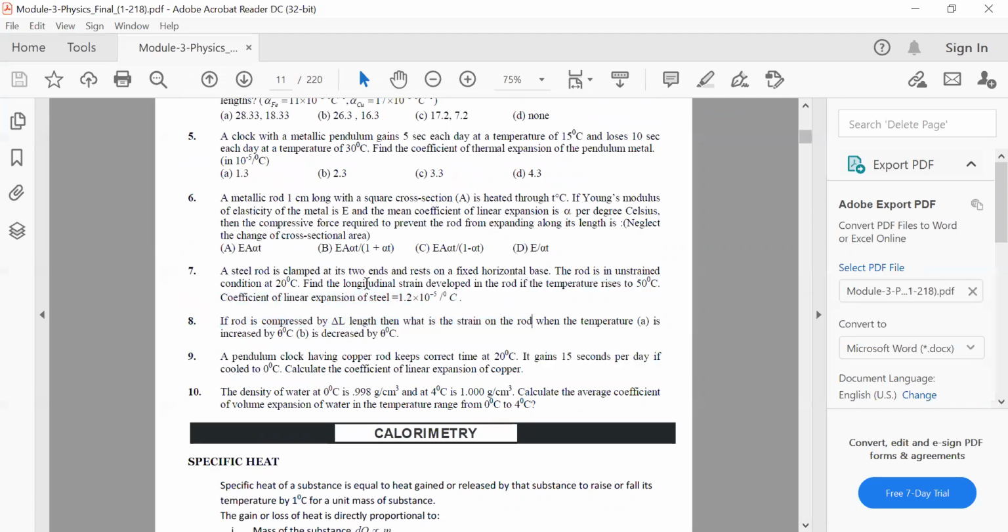There'll be one or two questions which are based on thermal stress and leave out those questions. So for example, here you can see that question number 7 is based on thermal stress. So leave it out. Question number 6 is also based on thermal stress. But all the other questions you can do. Sorry, also question number 8. So leave out these 3 questions. The rest of the questions you can do.